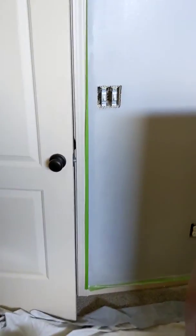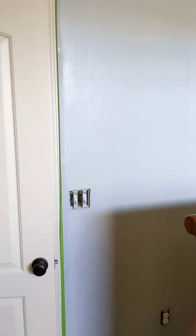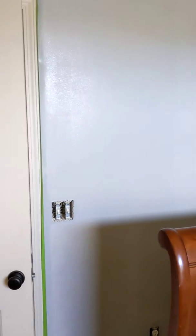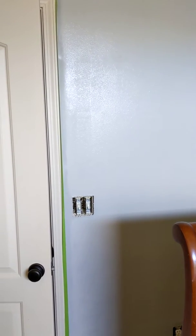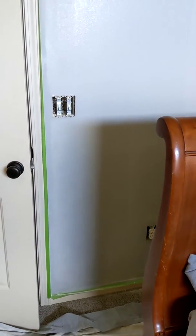Went around, and first thing I do is I wipe all the trim down. I'm not going to paint the trim in this room. I'm just painting the walls. So I always protect my trim. That way I don't get paint on it. The last person that painted here decided to freehand it. Splatters everywhere. I can find splatters all over the house, all over the trim, all over the floor, all over